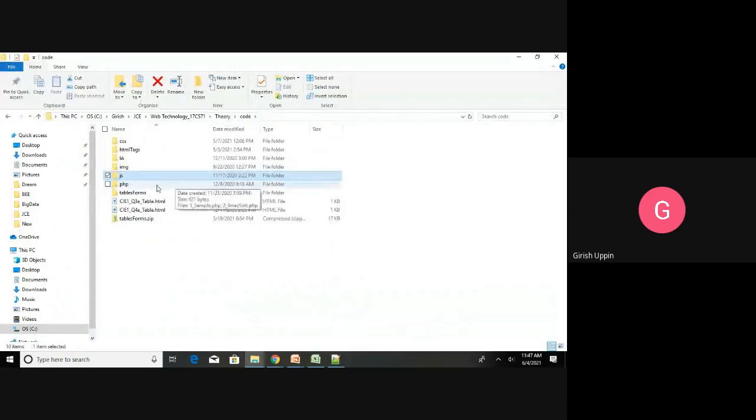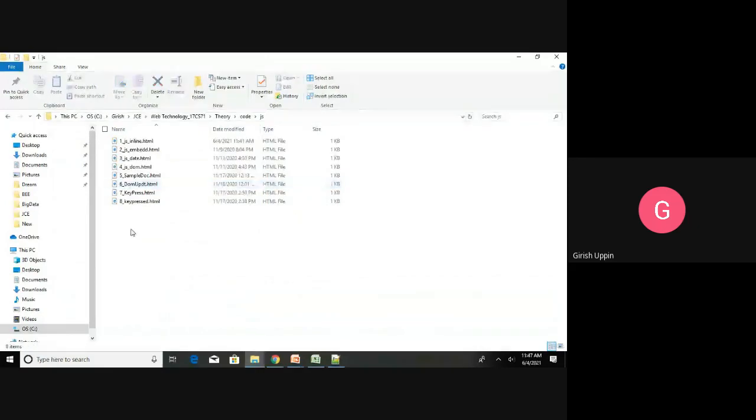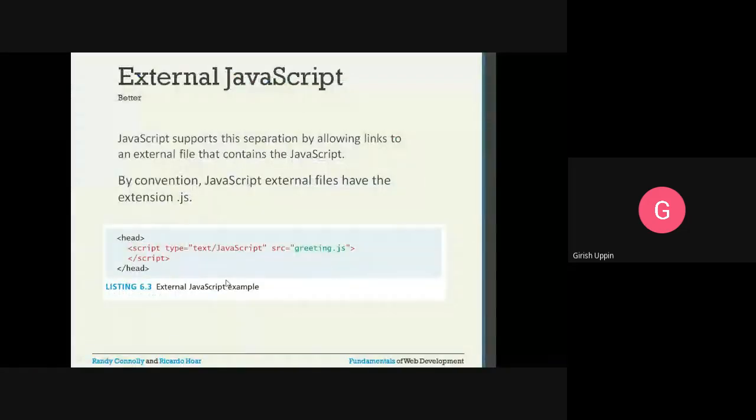I will just create it and show it in the next class. That is nothing but we are going to have an external file with a .js extension, and we will have the same code whatever I showed you for the inline and the embedded. The same thing can be put inside the JavaScript file, and we can call that file. And execution wise, it is the same thing. Whenever the page is getting loaded, it will load the JavaScript first. Okay, it will execute the JavaScript, and then it will execute the rest of the document.